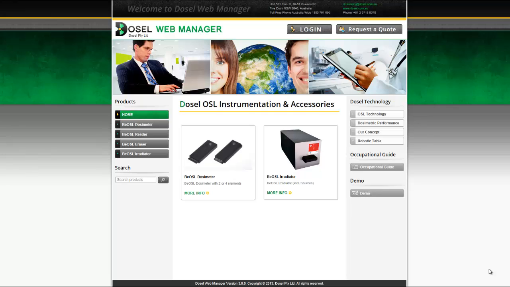Welcome to Dosel, a web-based client and administration system for dosimetry systems. Dosel is an interactive management system permitting interaction between the dosimetry service provider and the radiation worker. It is user-friendly and simple to use, allowing organizations such as hospitals, corporations, and private clinics the ability to receive,